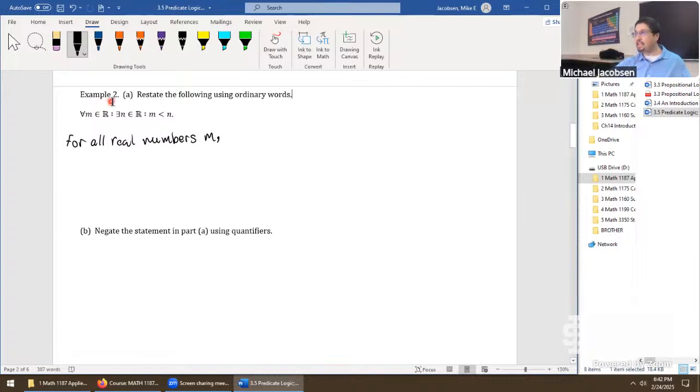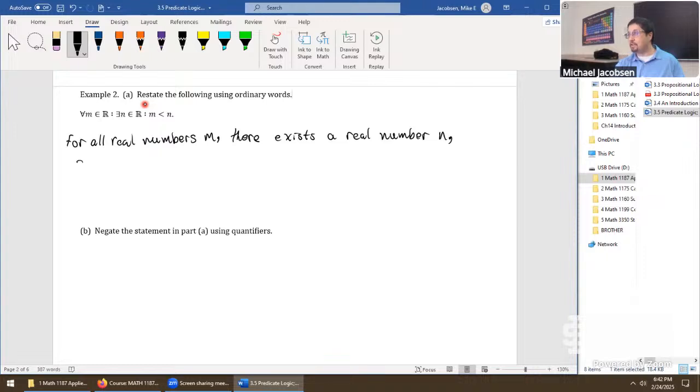Then the next part will say there exists a real number n. For this part, I would just read out for which, or you could say such that. I'll go with the such that on this one. Such that